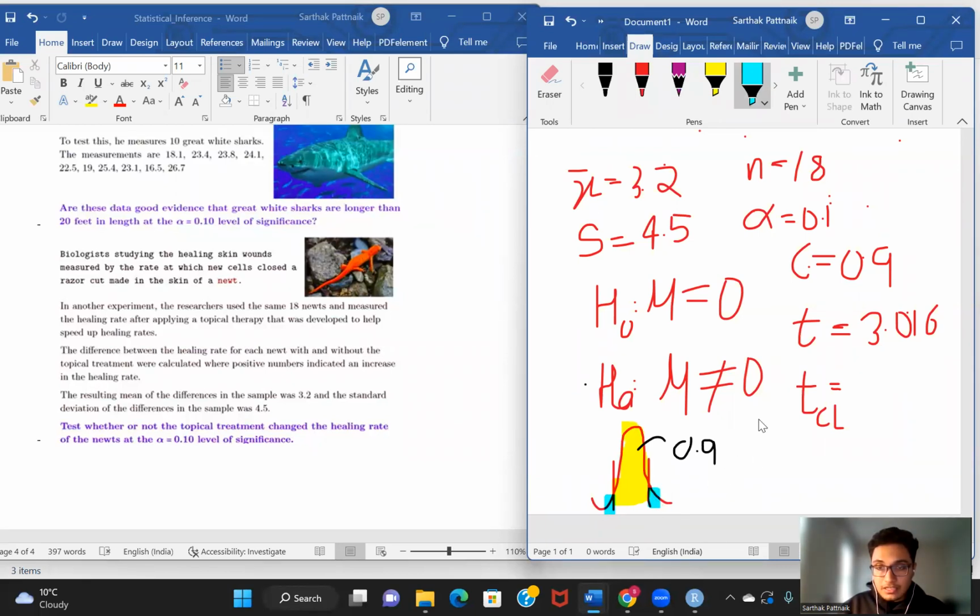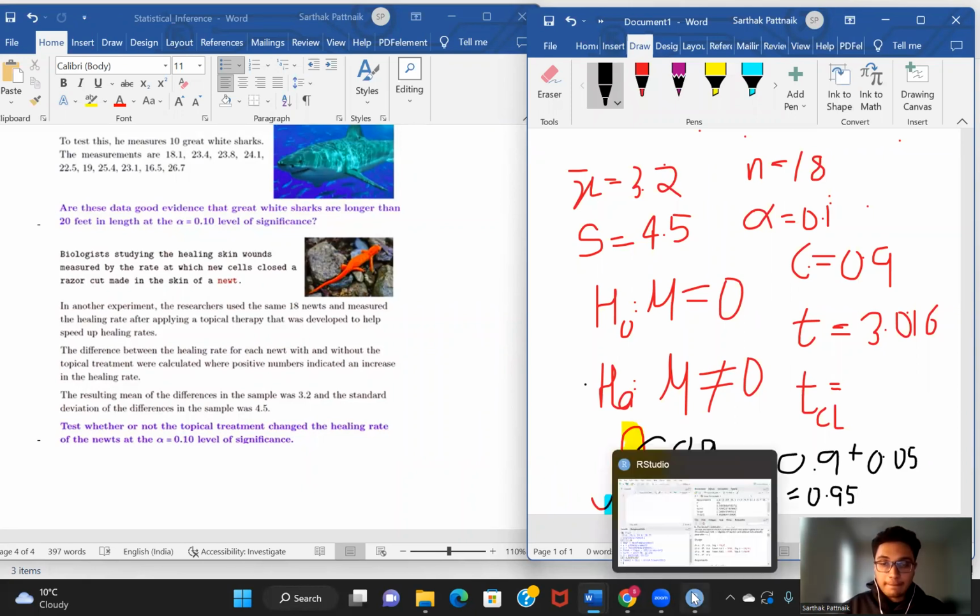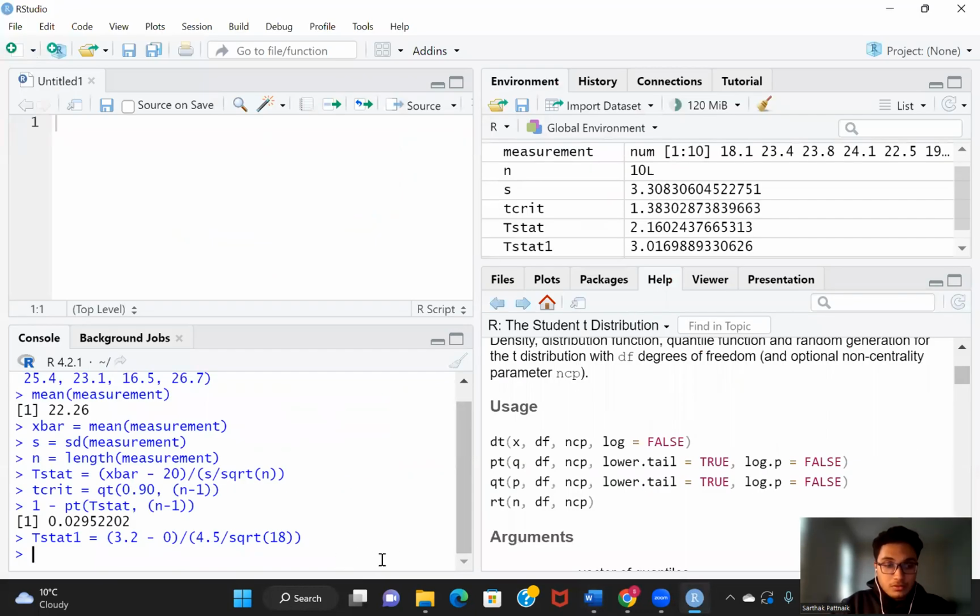So if I'm calculating my critical value, here, this is T critical. So I know that the area towards the left of T critical is 0.9 plus 5%, which is 0.05, which is nothing but equal to 0.95. So T crit 1 is qt of 0.95, comma,